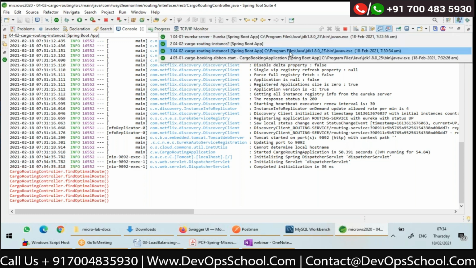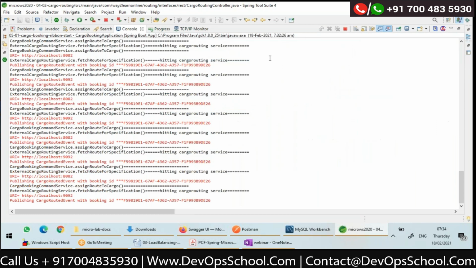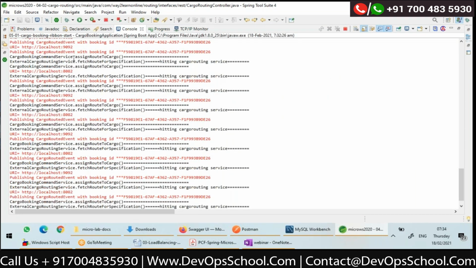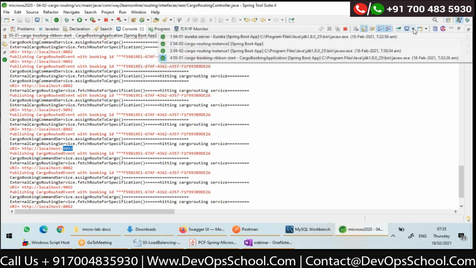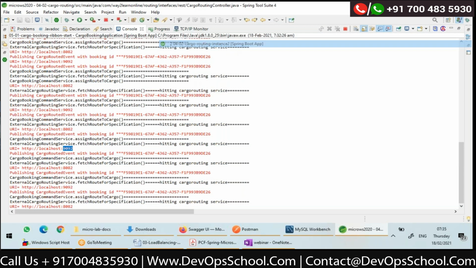So here let us again go to the console of booking. Yes, now you can see on the console 8082 is printed once, 9092, 8082, 9092, 8082, 9092. So we are seeing load balancing, right? It is hitting multiple routing instances. You can see the routing services also.